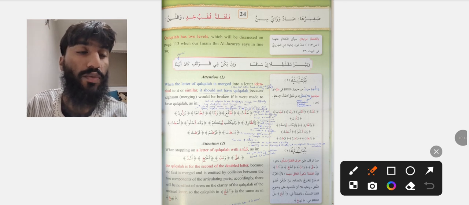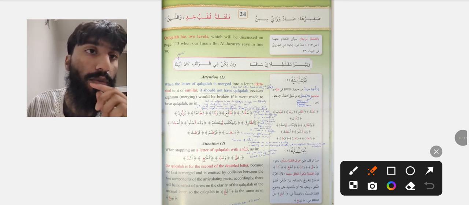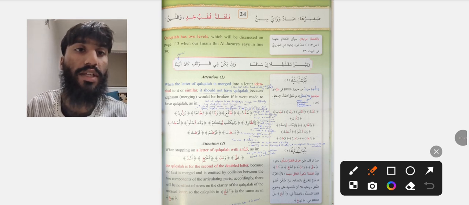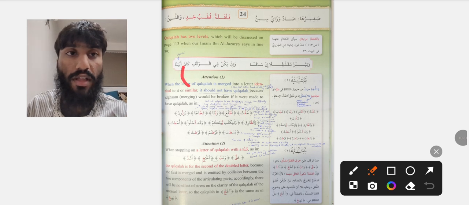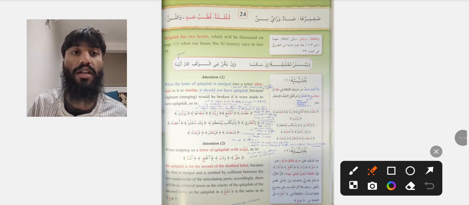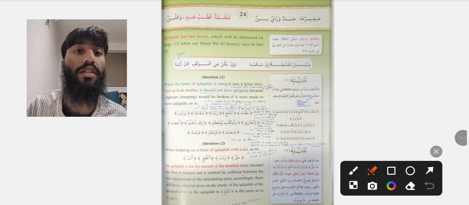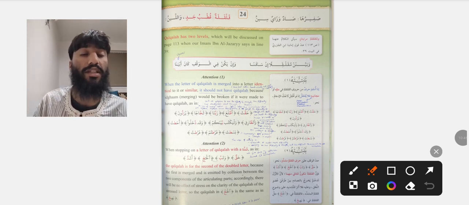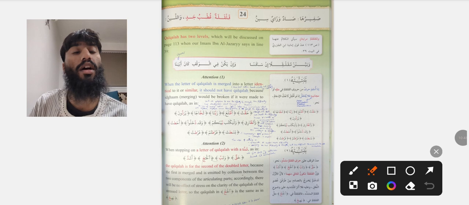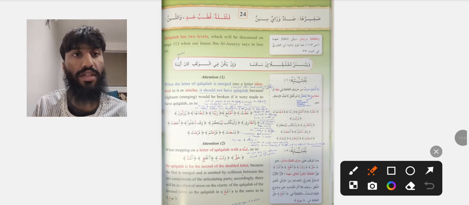What Imam al-Jazari is saying is: وَبَيْنَ مُقَلْقَلَةٍ وبين مقلقل إن سكن وإن يكن في الوقف كان أبينا. So what he's saying here is that if qalqala is in waqf, meaning in stopping, then the qalqala is more clear. Abyana means clearer. You'll find opinions out there from other scholars, not Shaykh ibn Suwaid, who say